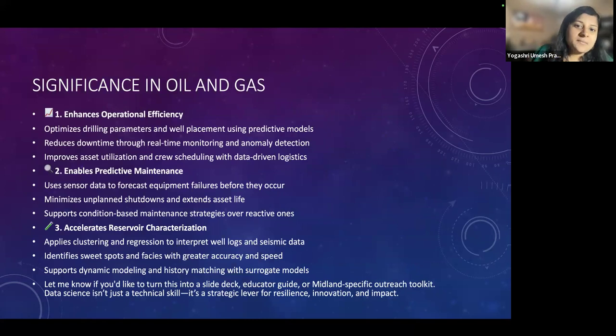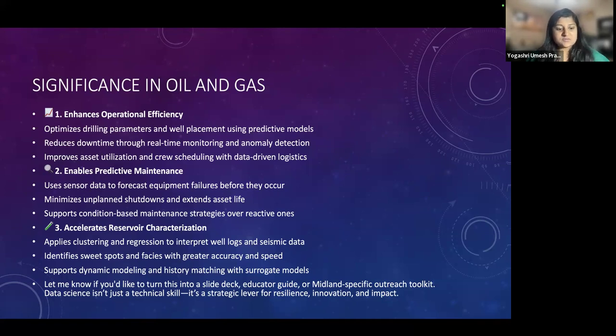So now I'm going to talk about the significance of data science in oil and gas. Why in the world are we talking about data science in oil and gas? It increases operational efficiency, it enables predictive maintenance, and accelerates reservoir characterization, among other things. So it optimizes drilling parameters and well placement using predictive models, reduces downtime through real-time monitoring and anomaly detection, and improves asset utilization and crew scheduling with data-driven logistics.